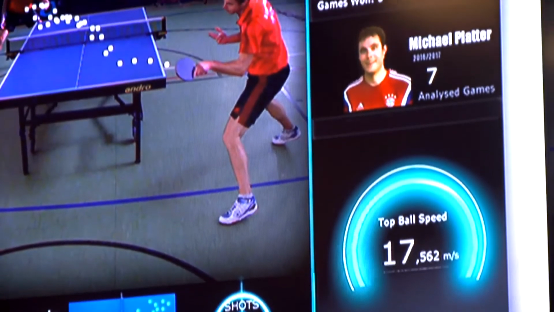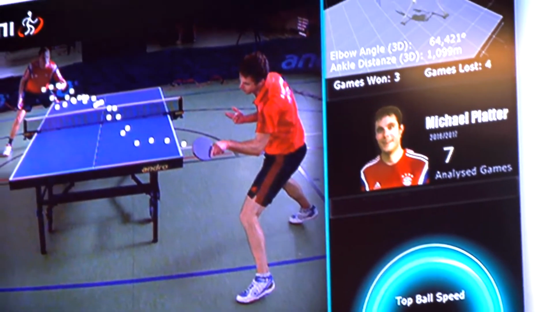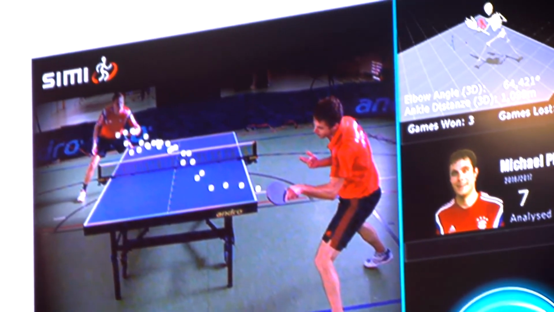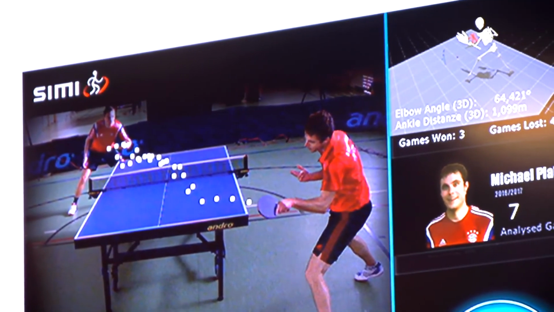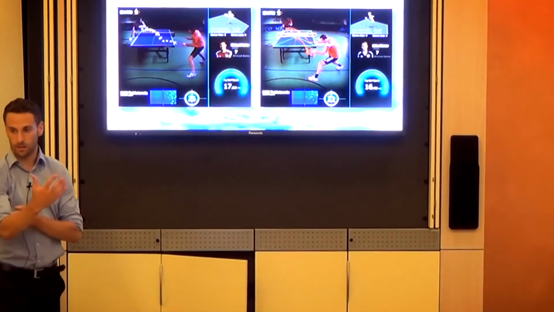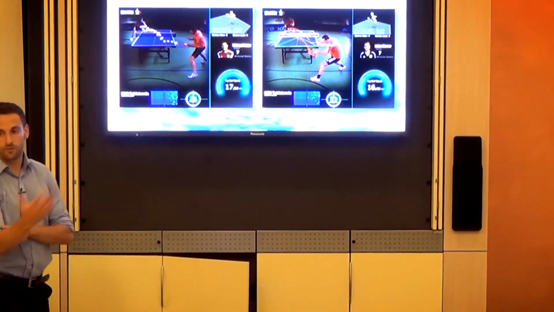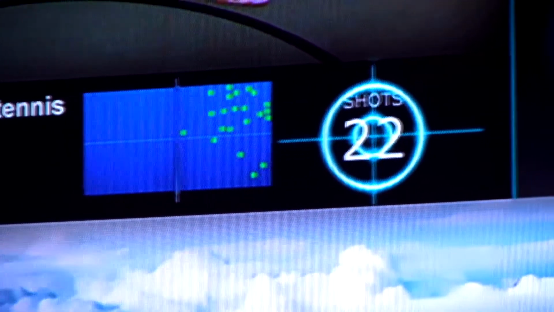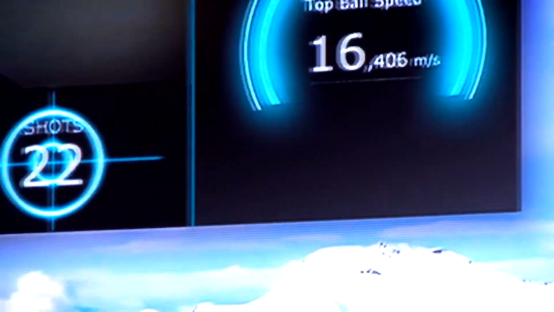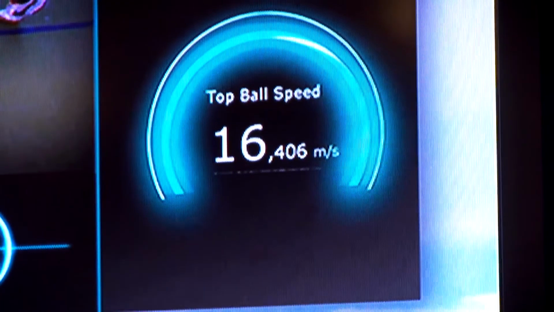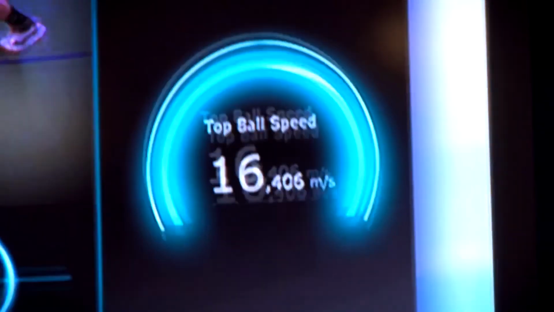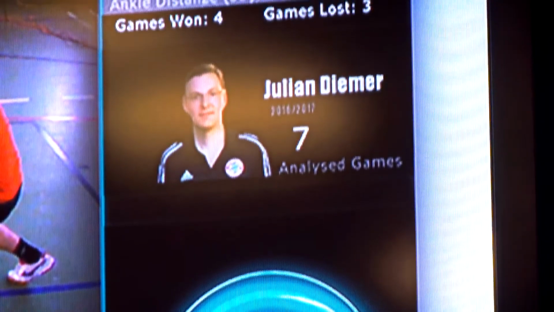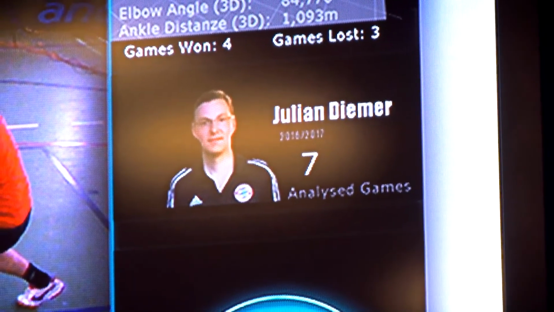And we also have the 3D information of the body: in which kind of position, or which kind of elbow angle, the player touches the ball, something like that. And how good was the impulse from the elbow, at the ankle, or from the hip? Or is there something missing in this follow-up, in this line? So this is what it can look like.